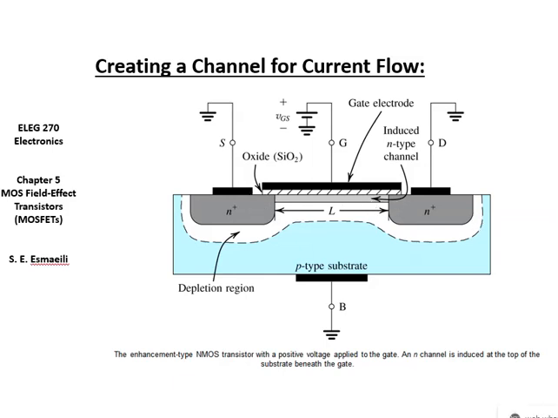So now we can actually start to conduct, right? Now the electrons can move through this channel from the drain to the source. So the current will start to flow through this channel. So this is the whole story about the concept and about the operation of a